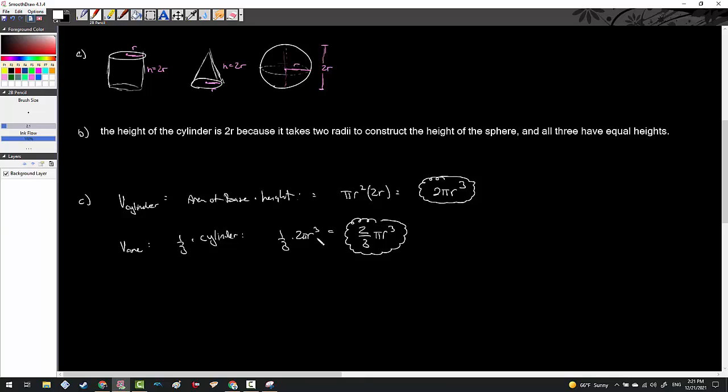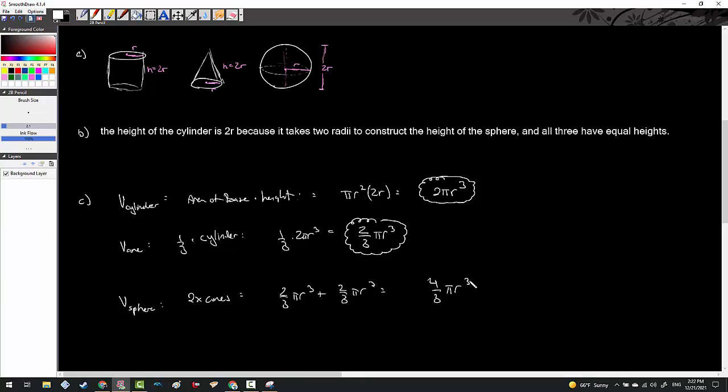And through the activity with these plastic figures and water, you're supposed to determine that the volume of the cube, not the cube, sorry, the sphere, would take 2 of those cones. So 2 times those cones. So it would be 2/3 pi r cubed plus 2/3 pi r cubed, giving you a grand total of 4/3